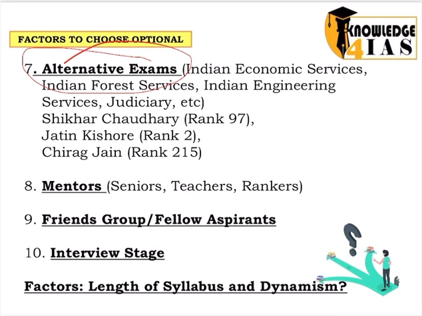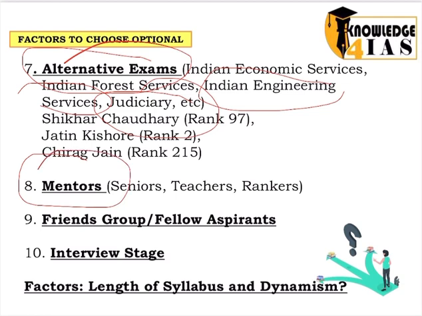Say for example you are planning to crack the Indian Engineering Services, so why don't you go for an optional subject of engineering so that you can sit in the IES examination also. Same is with judiciary. In fact, I have seen that there are many lawyers who prepare for UPSC, and after taking a few attempts in UPSC they go back to the preparation of judiciary and they crack judiciary. So by choosing law as an optional subject you can target UPSC Civil Services and the judiciary examination also.